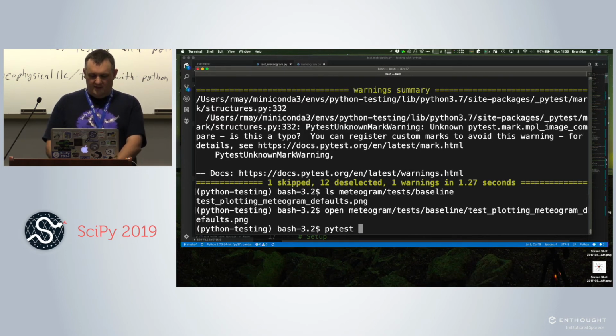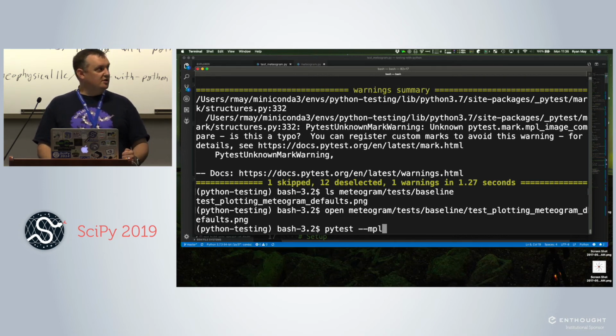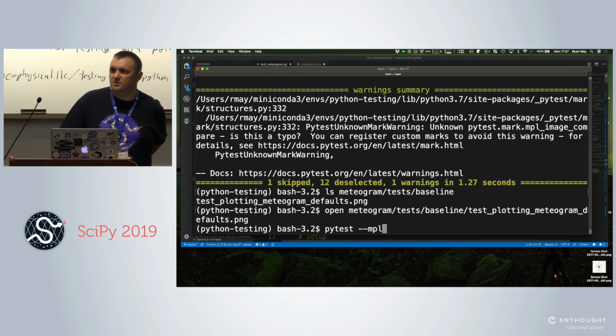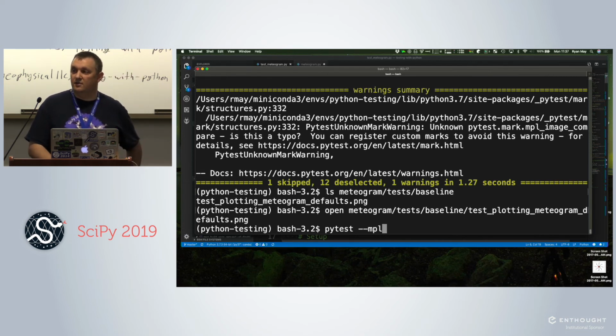So now if we run pytest-mpl, it'll run the test suite as normal, but enable pytest-mpl, which means it'll do image checks. If we don't put on the --mpl, it'll run your image test kind of as a smoke test. It'll make sure there are no errors, but it won't actually do the image check. You have to opt in largely because the image testing can be very slow. If you have a lot of these, opening all these PNG files and doing pixel by pixel comparisons can be kind of a slow thing.